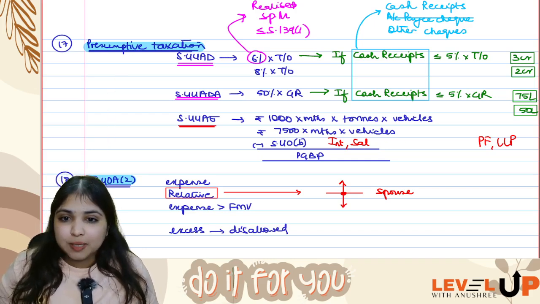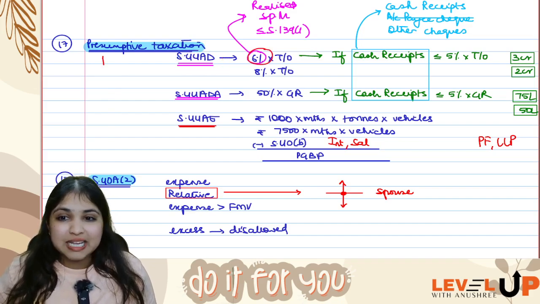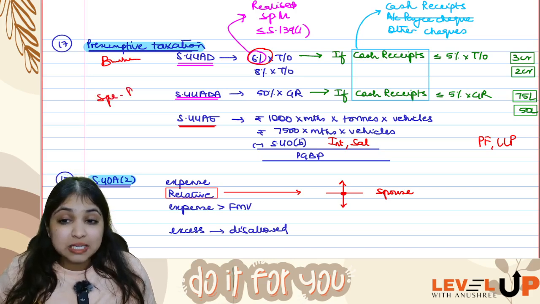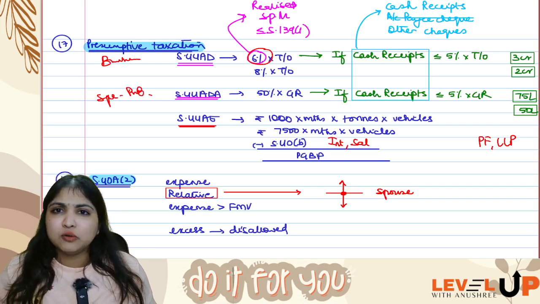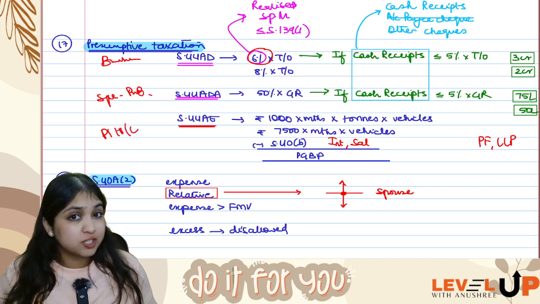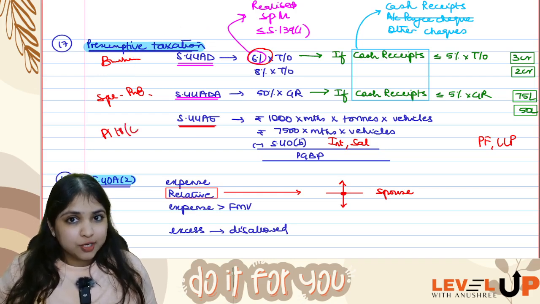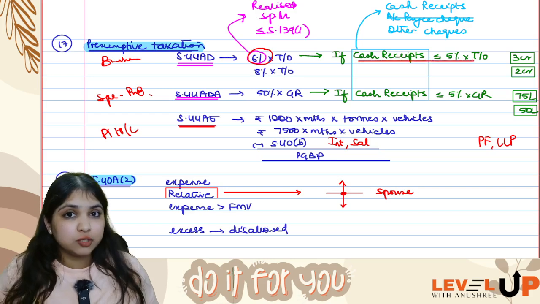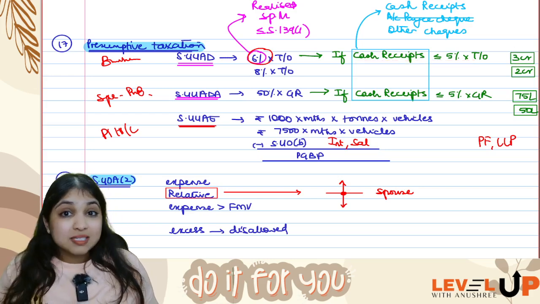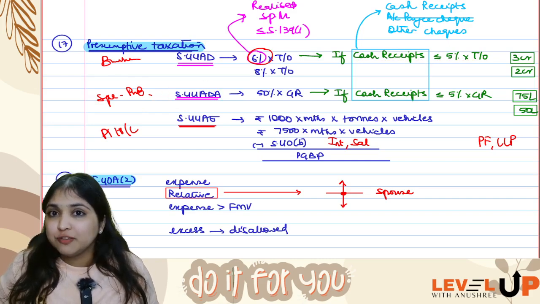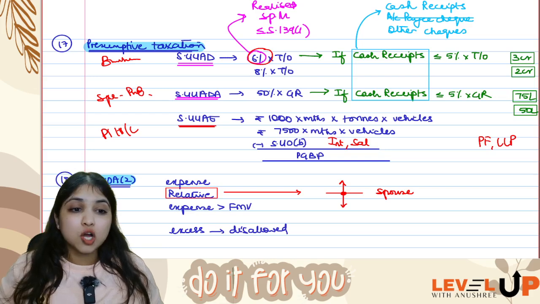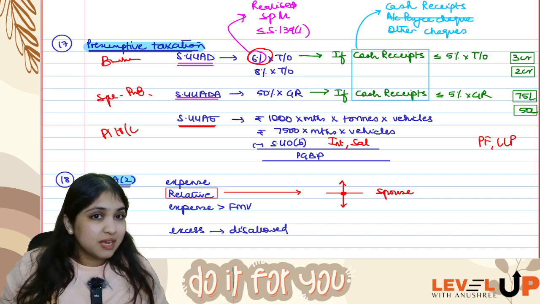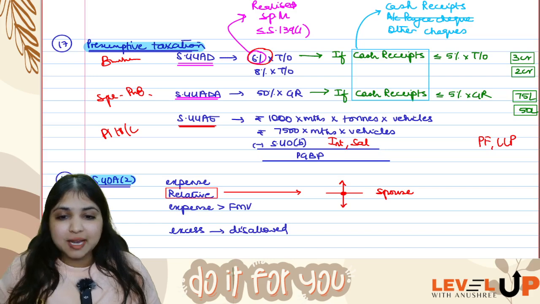Good number of points we've spoken about over here. 44AD applies for assessees who are carrying on business. 44ADA will apply to assessees who are carrying on specified professions. 44AE will apply to those assessees who are in the business of plying, hiring, leasing goods carriages. But all businesses will not come under 44AD, only those businesses whose turnover is within 2 crore. But if cash receipt is within 5% of turnover, then the turnover limit will become 3 crore. Similarly, all specified professions will not come under 44ADA. You will come under 44ADA only if your gross receipt is within 50 lakhs. But if cash receipt is within 5% of gross receipts, then your limit will be 75 lakhs. Alright guys, this was your presumptive taxation discussion.